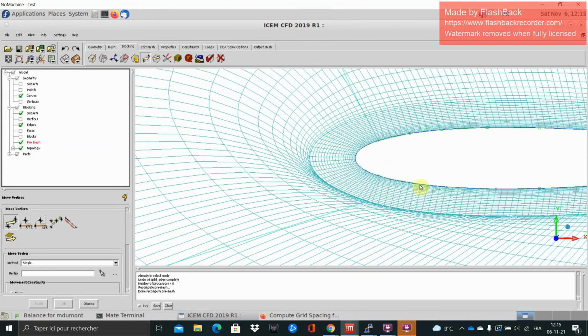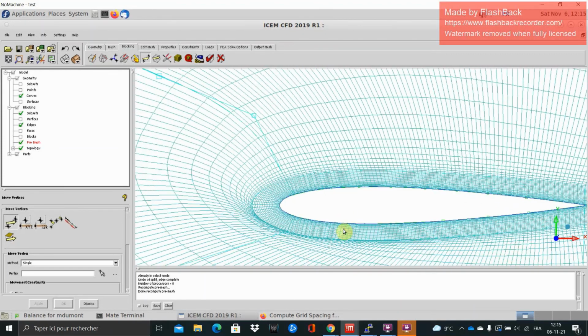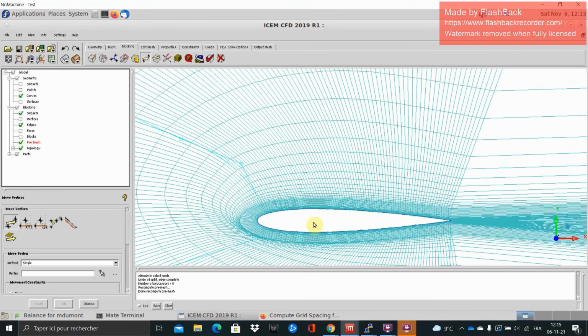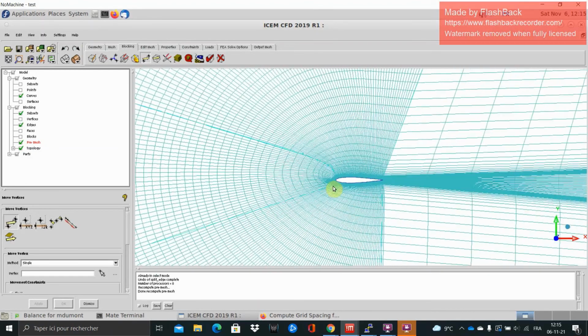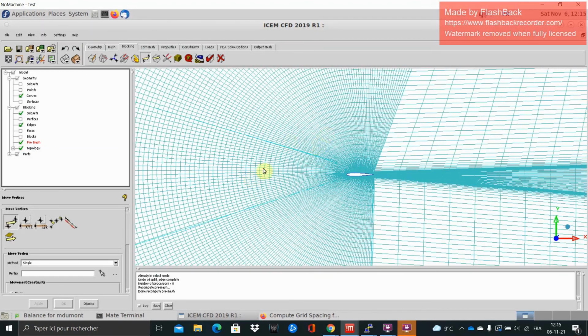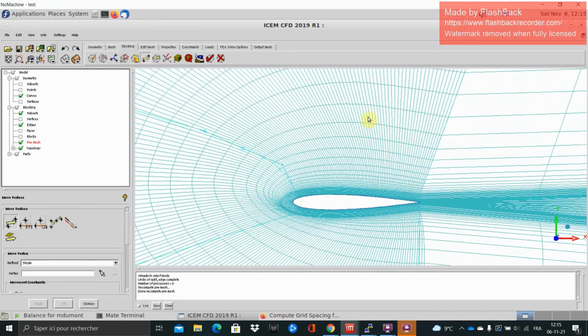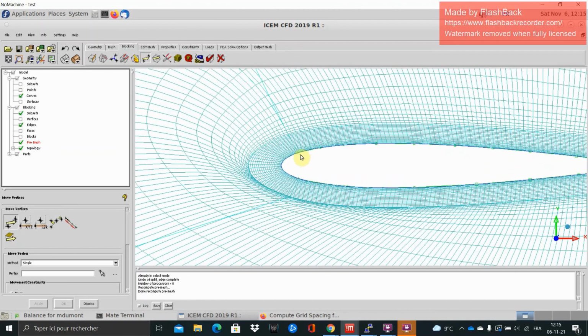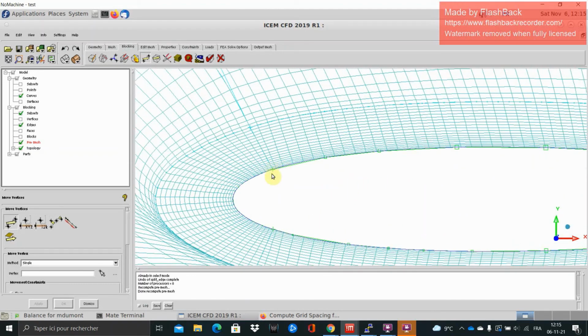I should do the same lower, but you can redo it by yourself. Okay, it begins to be well, so now I have looked at the transition between these blocks, at their orthogonality, and at the computation of the first cell size with